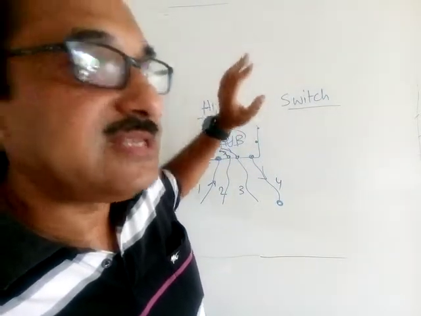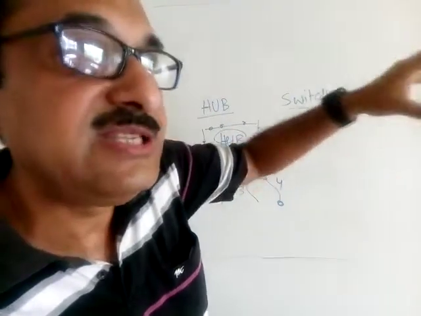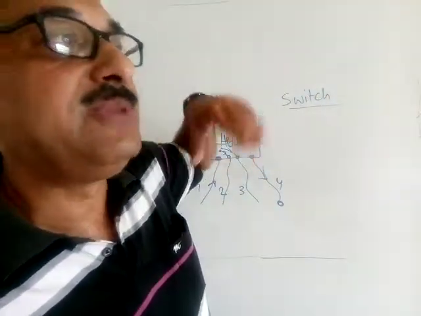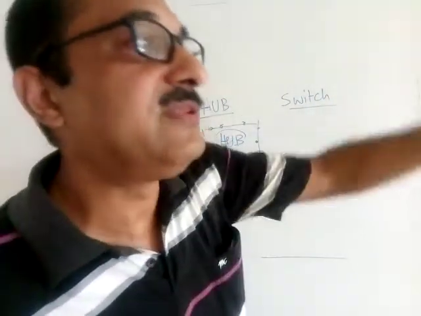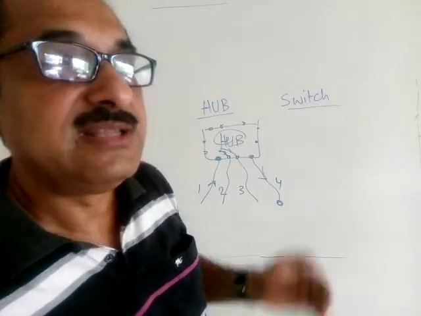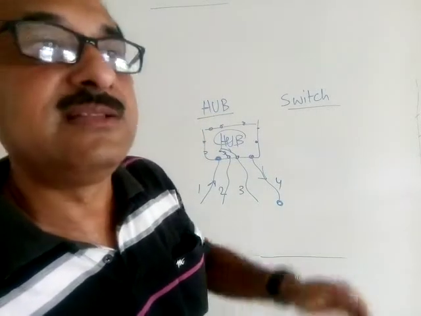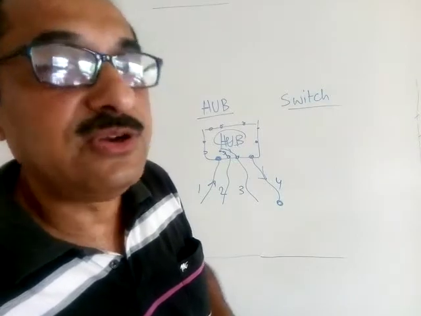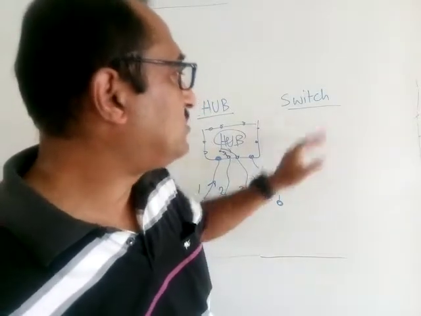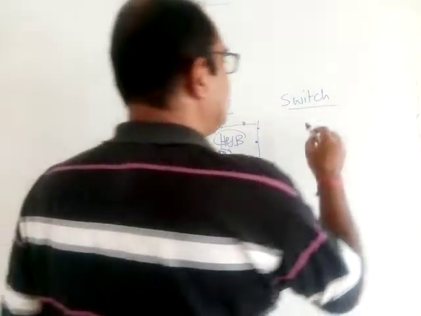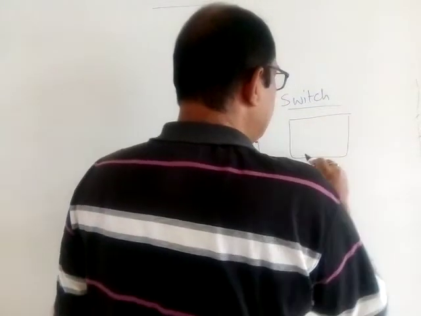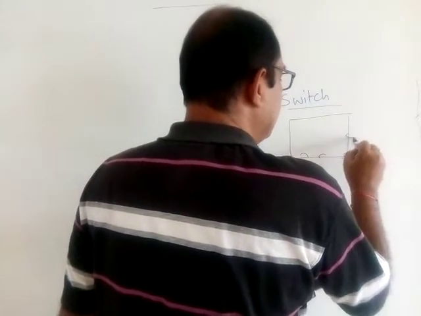He will just ask every computer, is it for you, is it for you, is it for you? Because the data signal is distributed and passed to all other ports, the signal sometimes falls weak. Therefore the data transmission is also not very smart. But in a switch, on the other hand, what happens? Such a thing doesn't happen. Exactly the opposite thing will happen in the case of a switch.